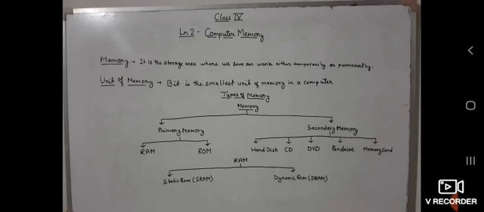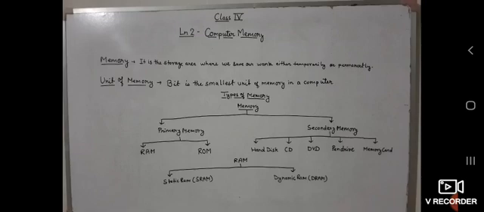Static RAM retains stored information as long as the power supply is on. It means whenever we work, as long as the power supply is on, static RAM holds all the information and data. It is expensive as compared to dynamic RAM and has higher speed and more power as compared to dynamic RAM.